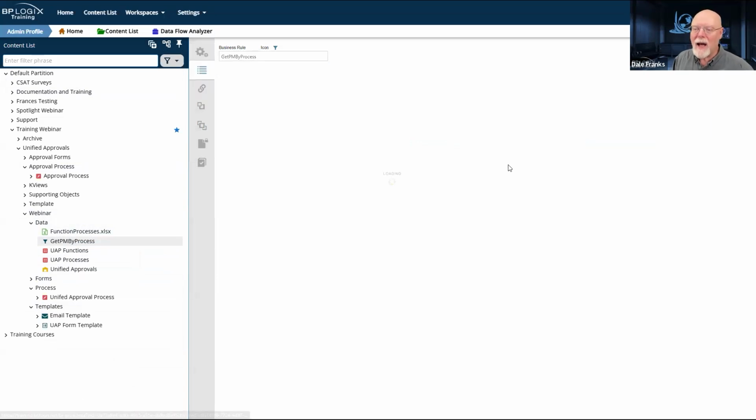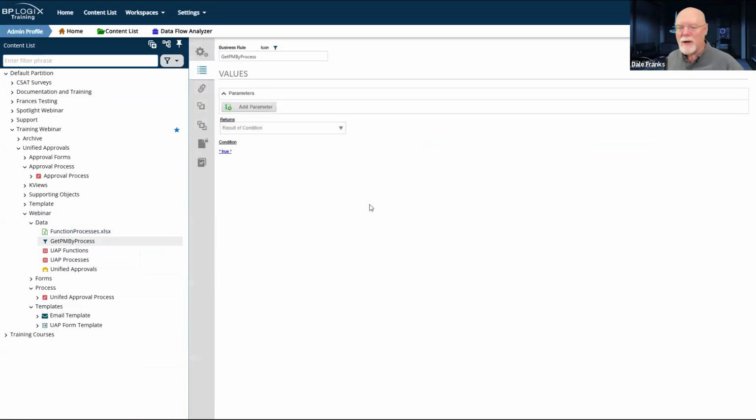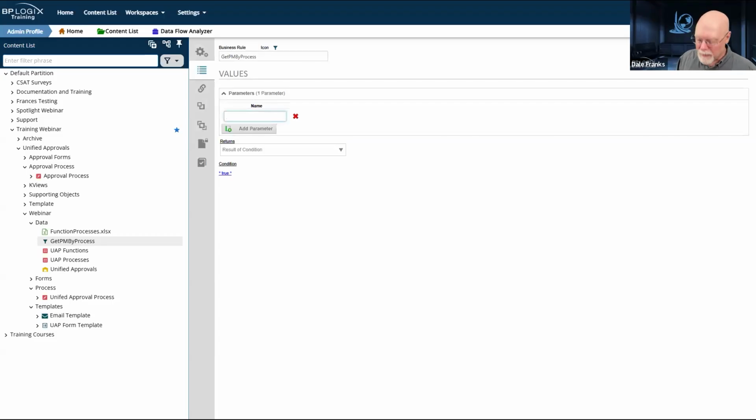That aside, now we've got to figure out what we're going to do here. This can get super tedious, so I'm only going to do a partial configuration on this, and then we're just going to look at the business rule that I built and see how it looks. But to configure it, first I'm going to need a parameter, and I'm going to call this parameter process ID.